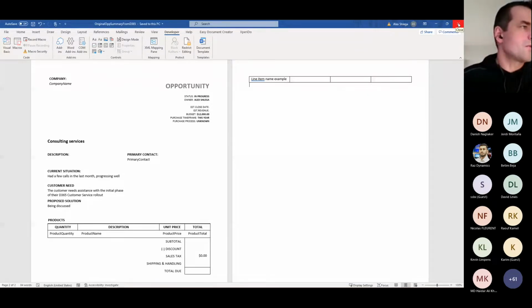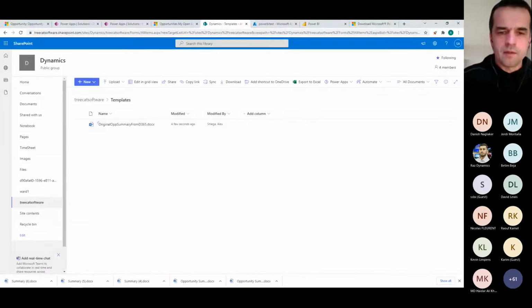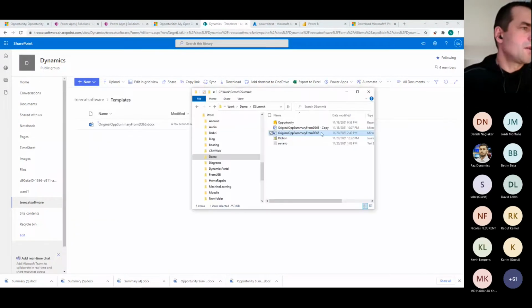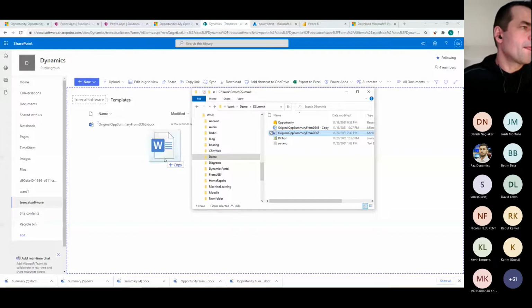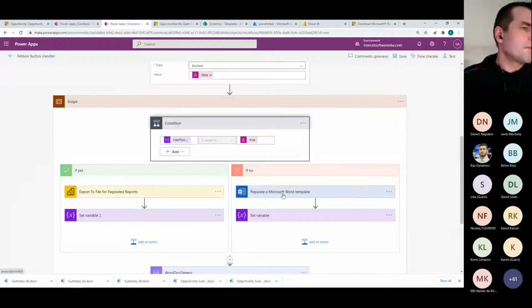Let me go to SharePoint right here. And then let's just, okay, so here's the document which was just updated. I'll push it there. Replace. So it's there now. Now I can go back to the flow, and because I haven't refreshed the flow yet,